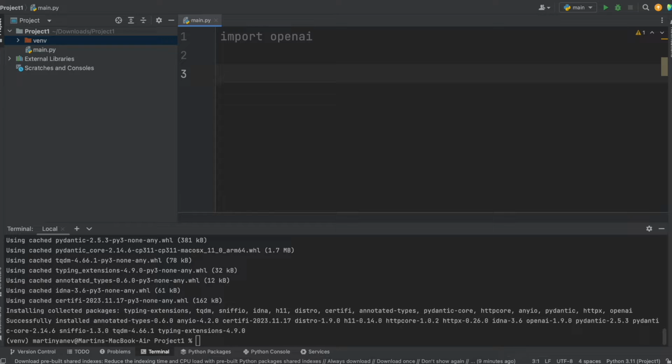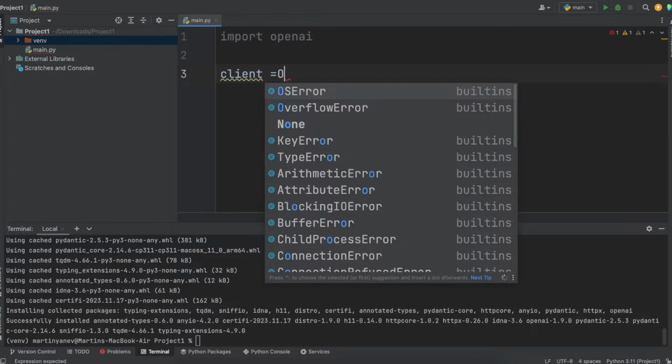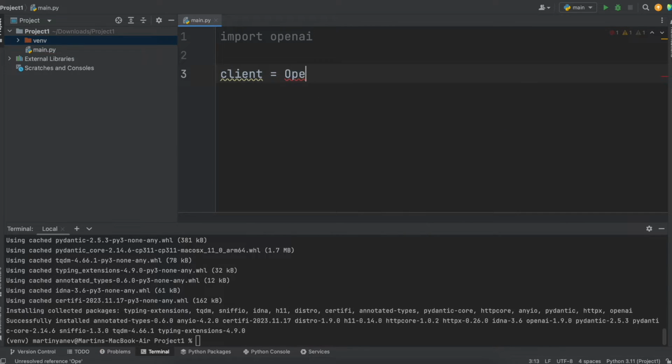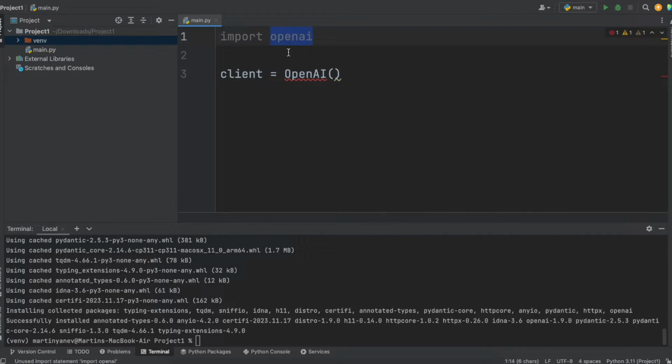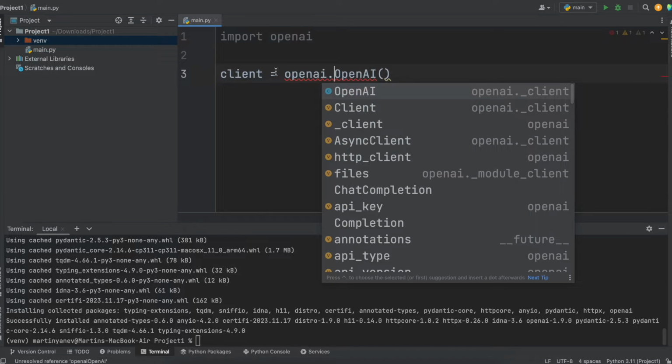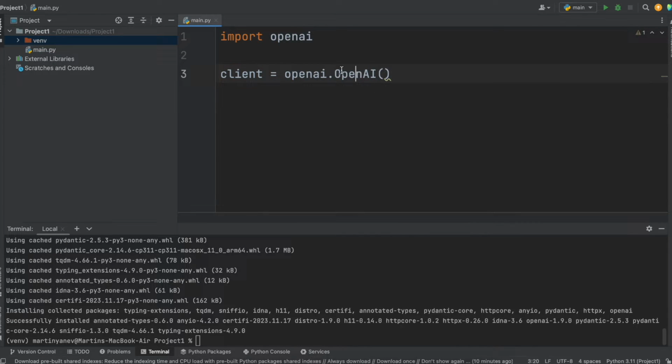Now let's write here client. OpenAI. Usually you can actually call this library by just typing OpenAI dot the name of the class here, or you can instead, which is actually preferable, you can just do